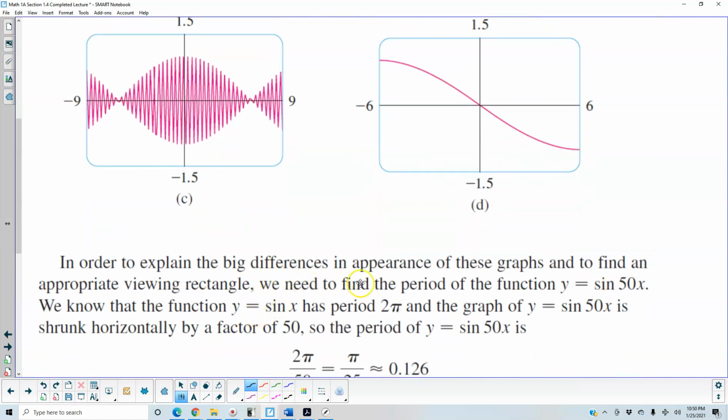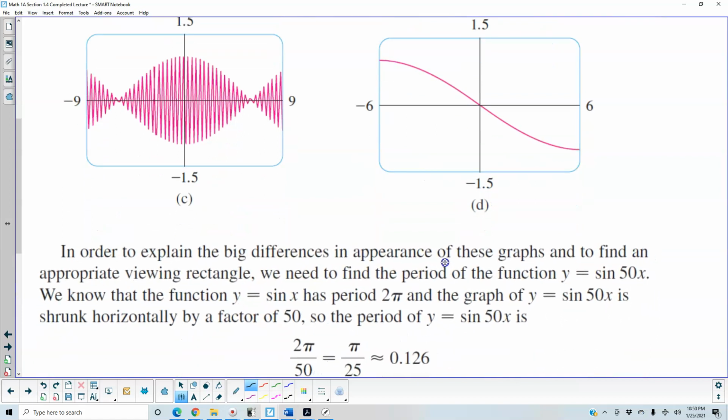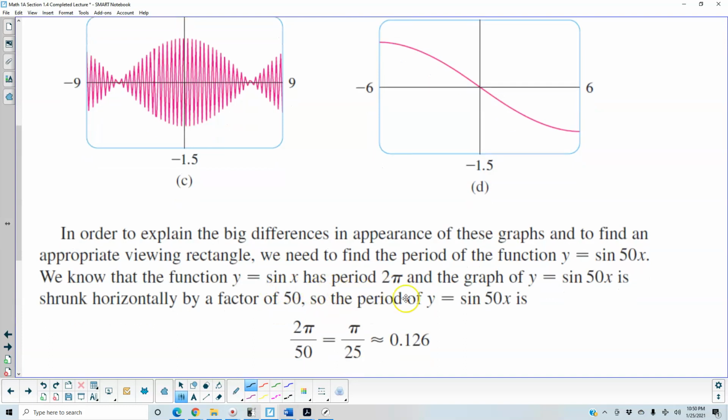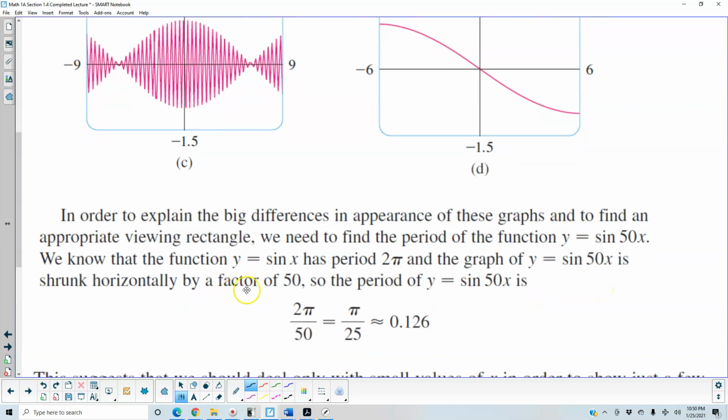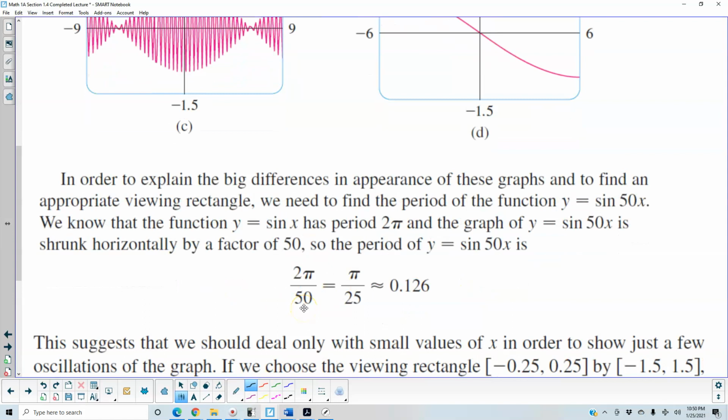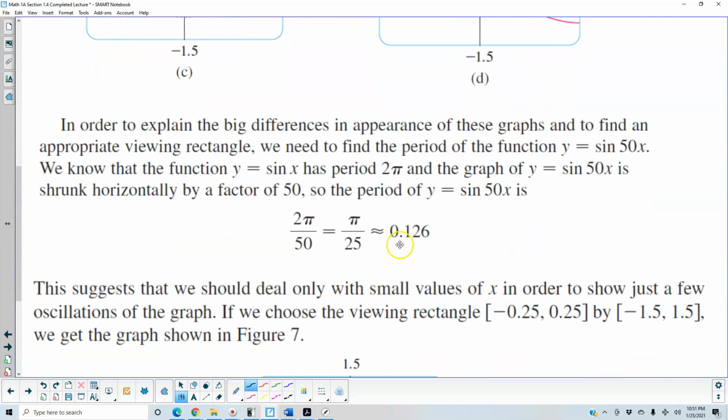Now, in order to explain the big differences in appearance of these graphs and to find an appropriate viewing rectangle, we need to find the period of the function y equals the sine of 50x. We know that the function y equals the sine of x has a period of 2 pi, and the graph of y equals the sine of 50x is shrunk horizontally by a factor of 50. So the period of y equals the sine of 50x is 2 pi over 50, which is equal to pi over 25, which is approximately